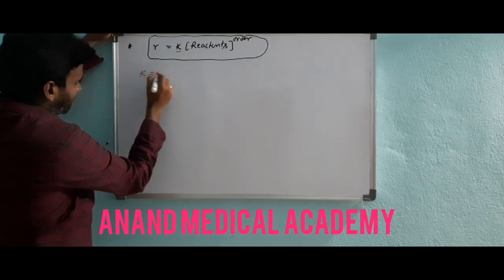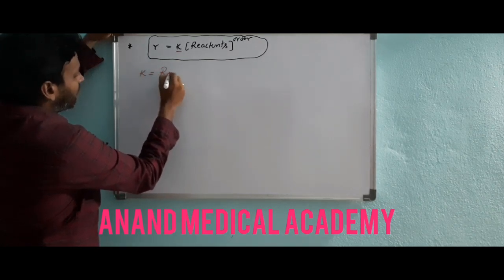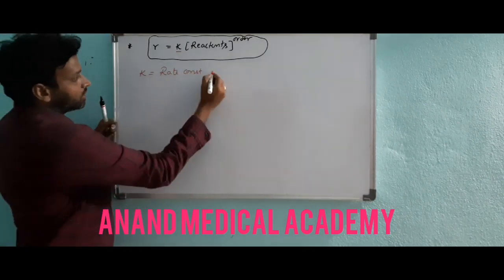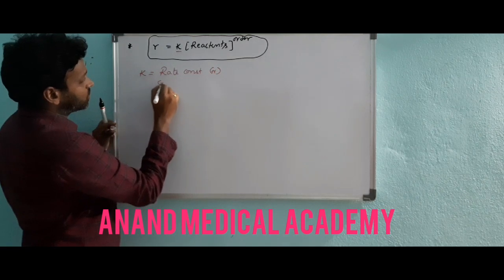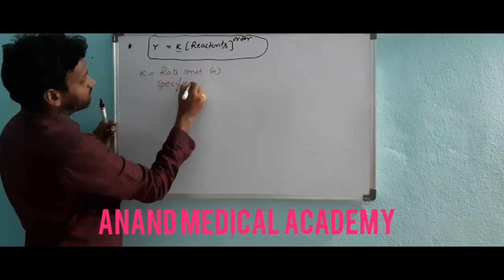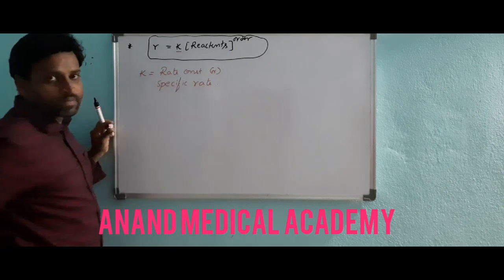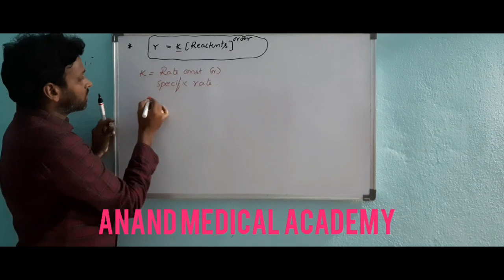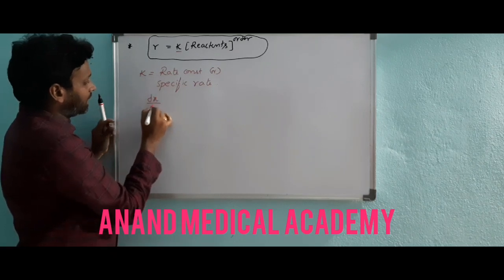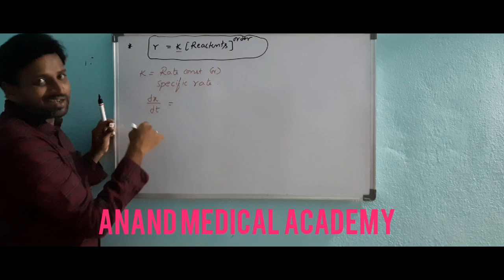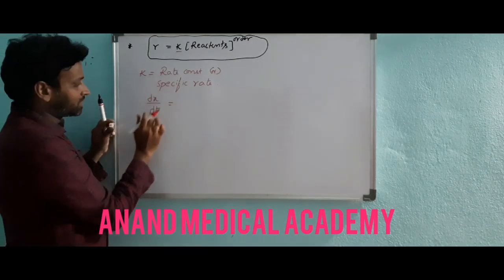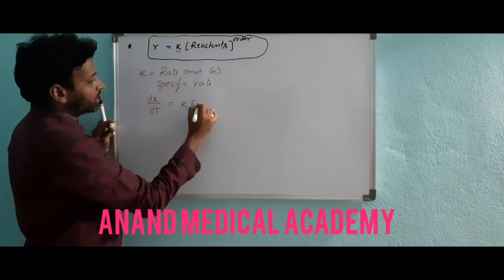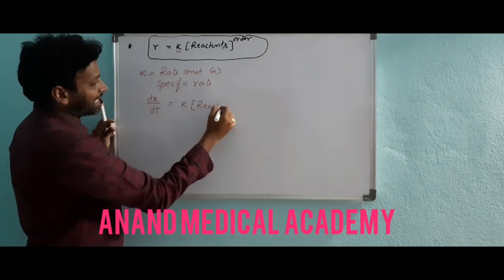Rate law expression. So for the rate law expression, we have a K here. So what is K? K is a rate constant, or this is also called specific rate. So what is our rate of reaction? Rate of reaction I can write as dx by dt. So in general, change in concentration, dx by dt is equal to K into concentration of reactants